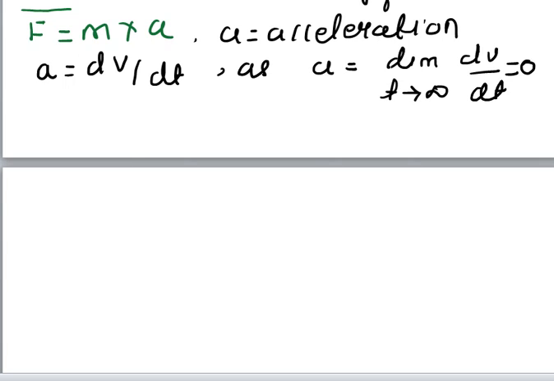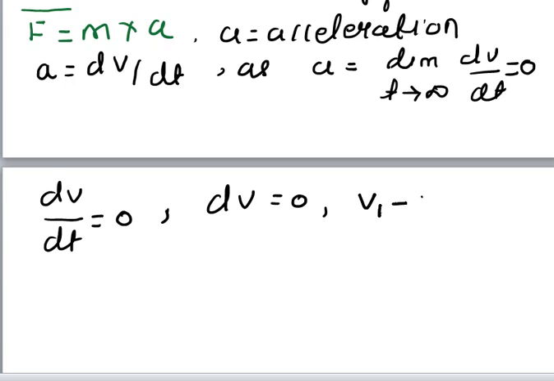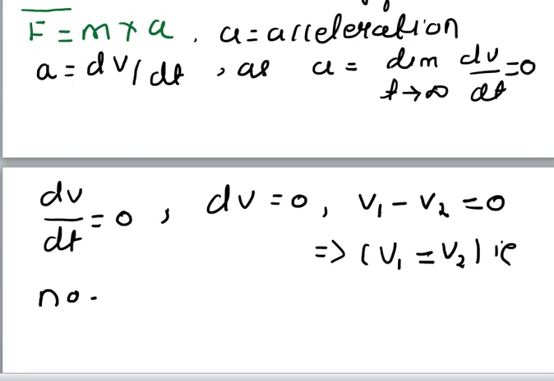This is the correct representation. So we all know that if a differential is 0, it means dV is 0, which means V1 minus V2 equals 0. It further, if we make the simplification, then V1 equals V2, that is